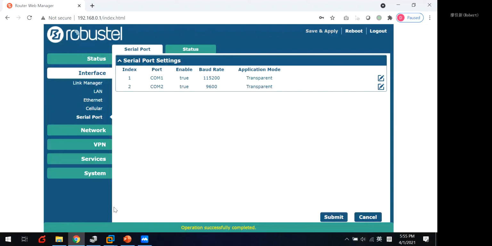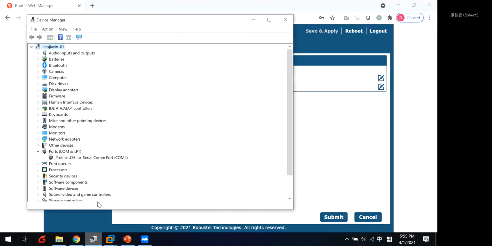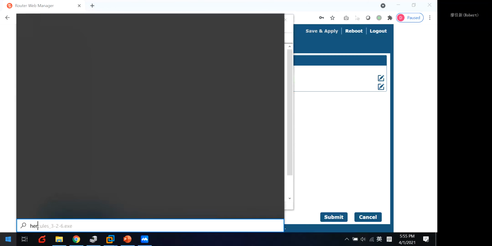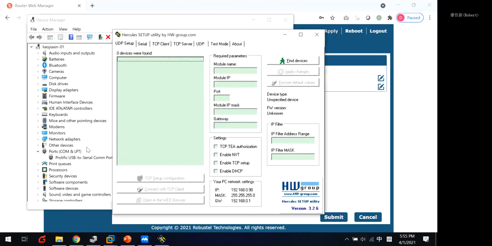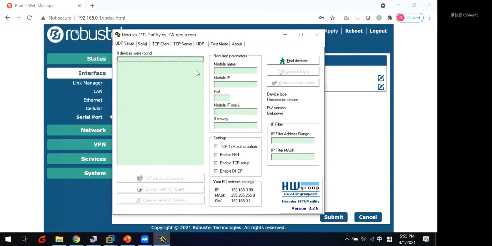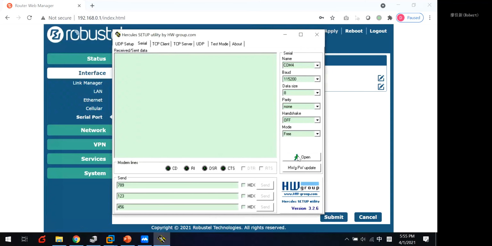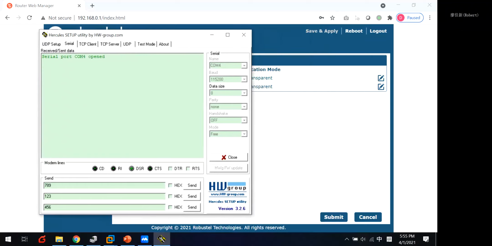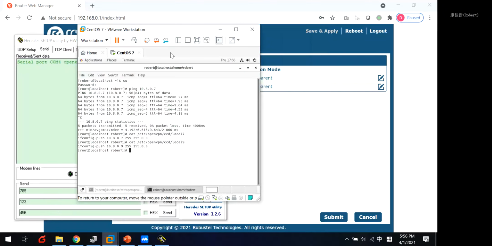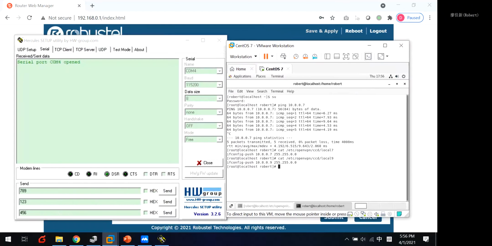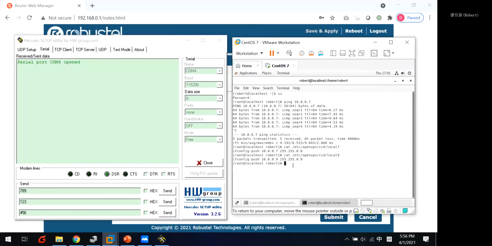Okay, now we need to connect a meter simulator. We use a serial tool to simulate the meter. The meter is connected to this COM port. Connect the meter. And on the center,